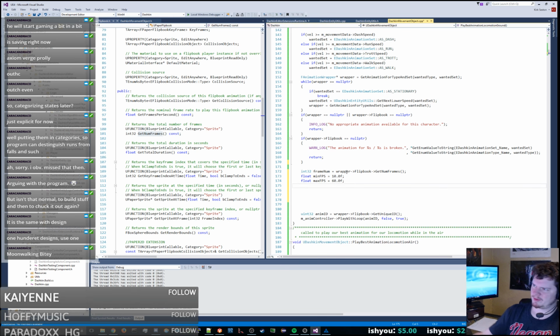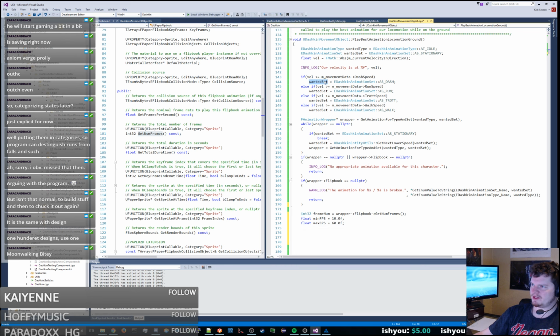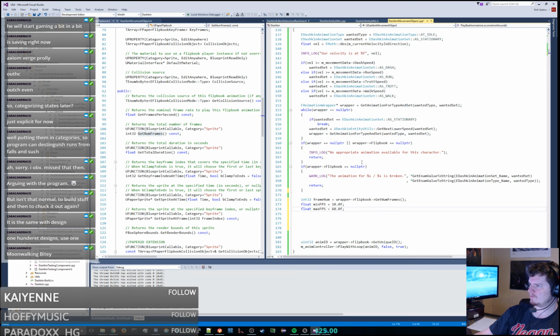And what we want to do is get kind of the percentage or something like that. Do we want to do the percentage? Because what we can do is basically a percentage between stationary and walking speed, and then the percent difference between walking and running. And we can change the frame rate of the actual animation. So we'll actually get